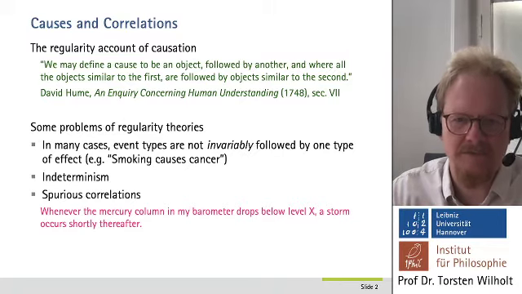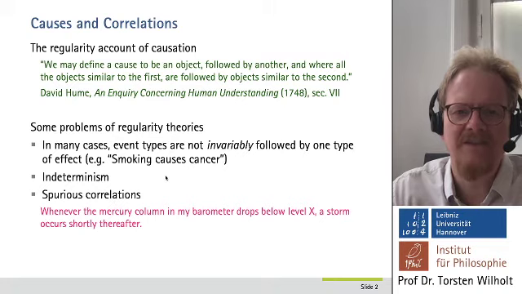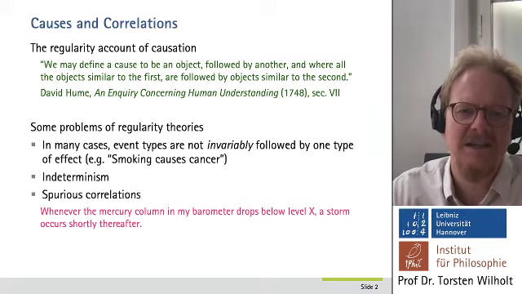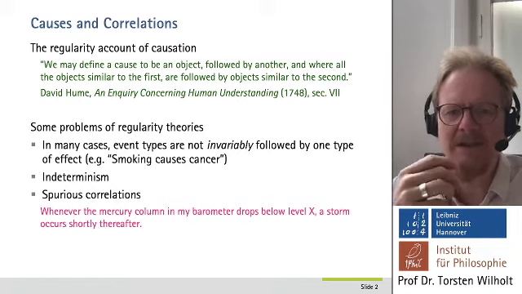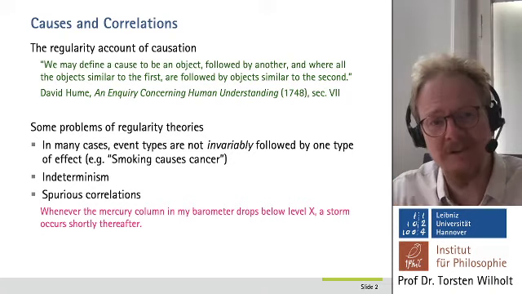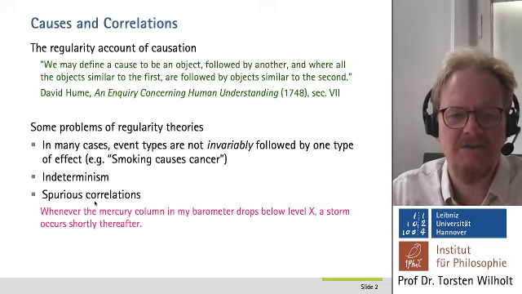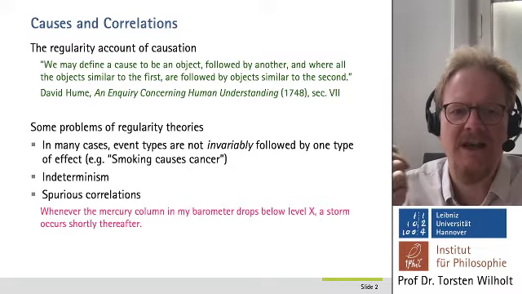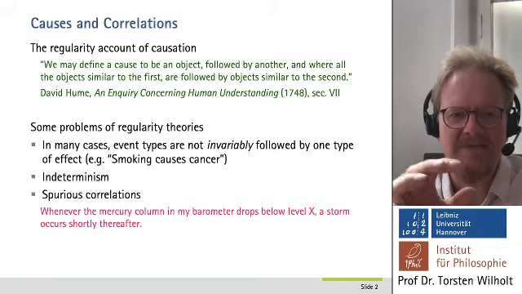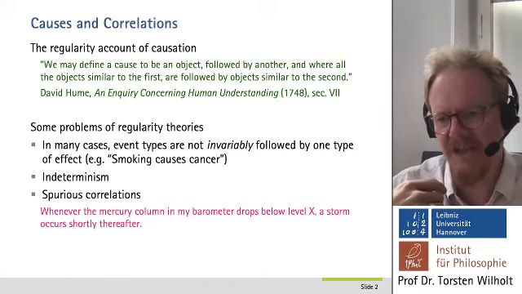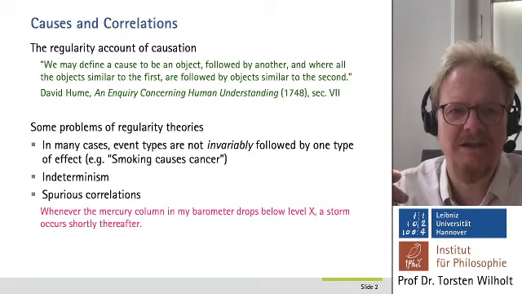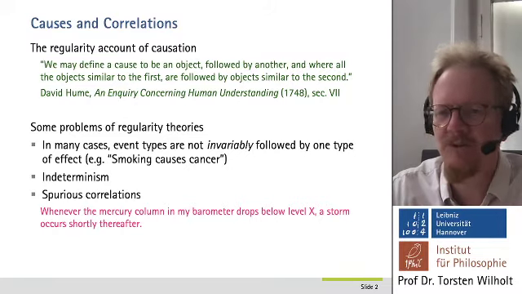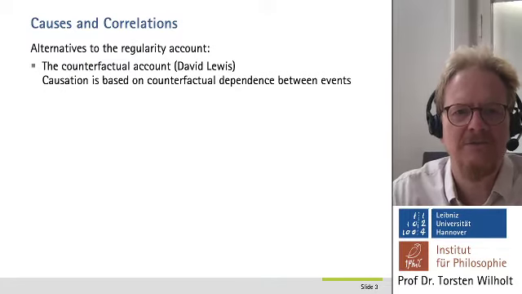Now, the first two problems, the fact that causes are not always invariably followed by their effect type events, and the indeterminism problem, both show that invariable association between types of events may not be necessary for causation, whereas the last point, the spurious correlation point, seems to show that invariable association between event types may also not be sufficient for causation. So these and other problems, just some of the most pressing problems concerning the regularity account, have moved many philosophers, in particular in more recent times, to try out alternatives to the regularity account,